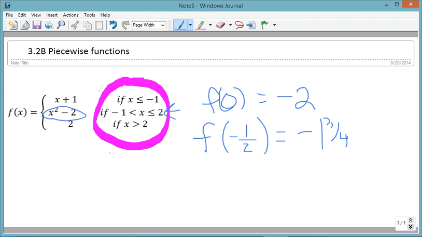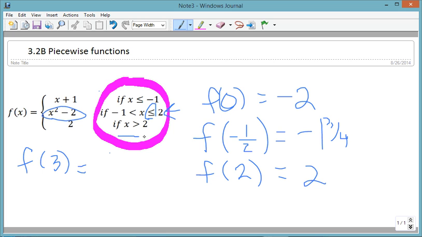What if x is actually 2? Well, because this is an equal, 2 goes into the second equation. So I would plug in 2 there, and it would be 4 minus 2, so the answer would be 2. But if I get any bigger than 2, so if I want to do f of 3,